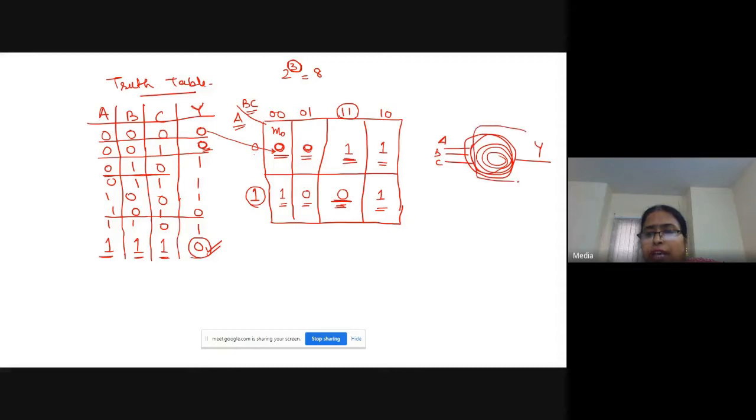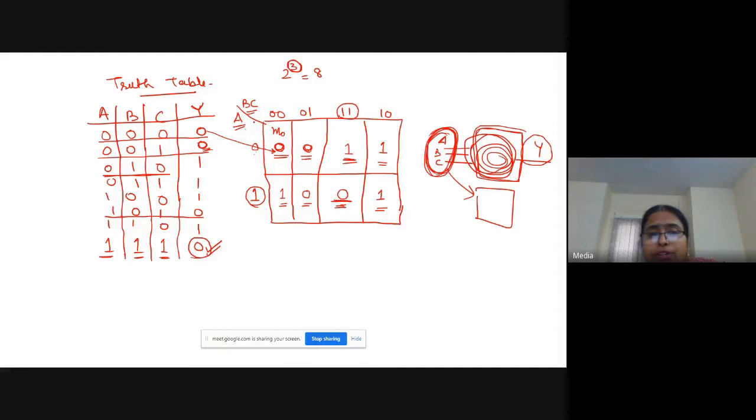So this K map has different locations for these different combinations of input: 0, 0, 0, 0, 0, 1, 0, 1, 0. And corresponding to that combination of input, I am getting the output, right?